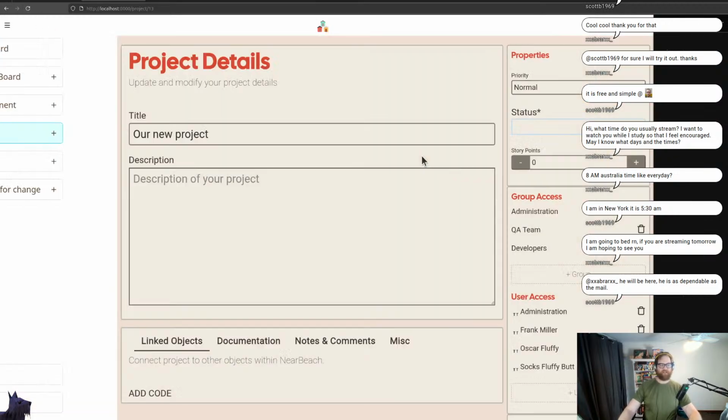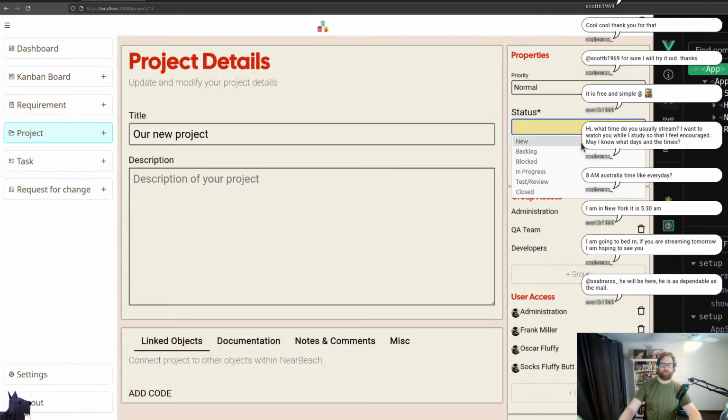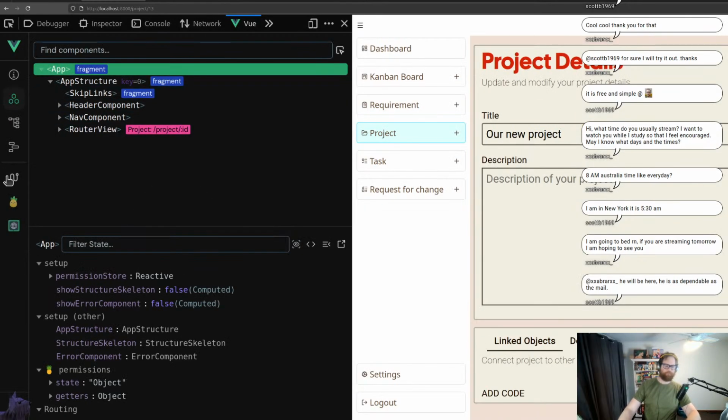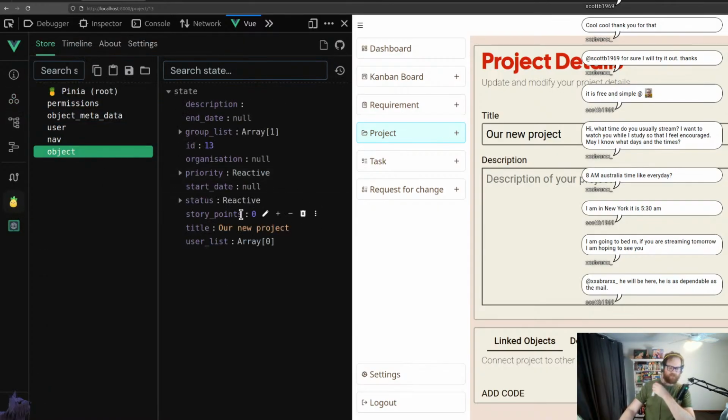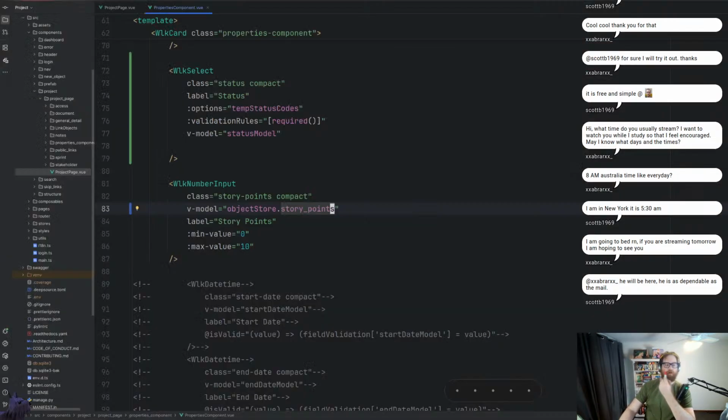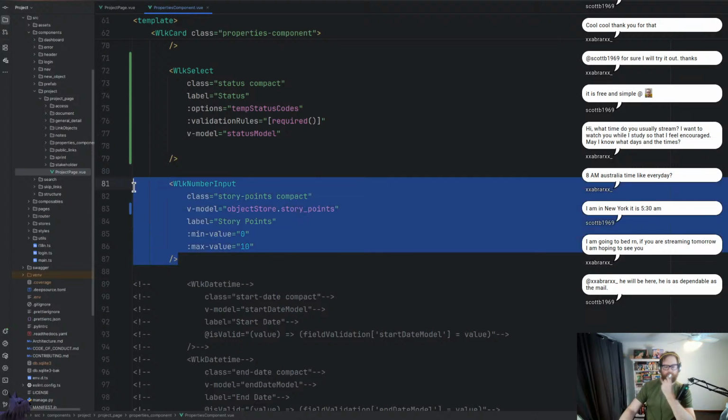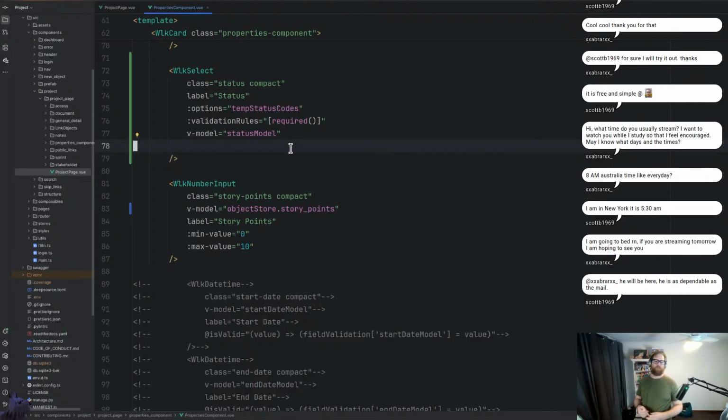We're just going to go into here. I'm just going to refresh. Oh, that one's perfect. That I'll set up in a minute. We'll click on Pinia. We'll go to the object here. You guys are looking at the story point here. If I just suddenly up it, there we go. Easy. No problem. That's super easy. It just works. All right. Done. Now,